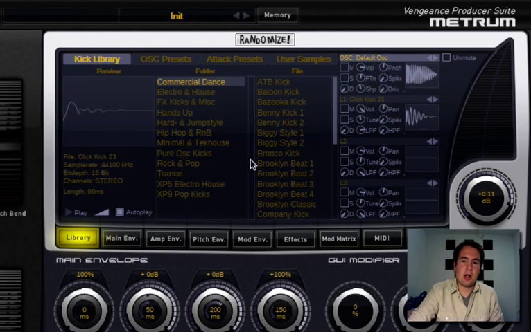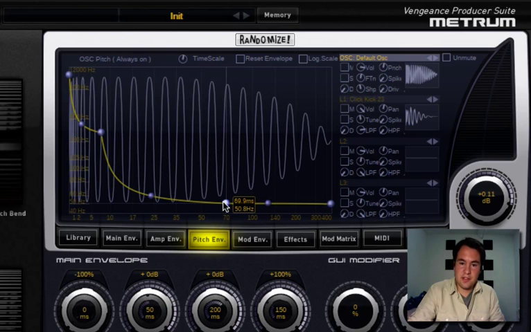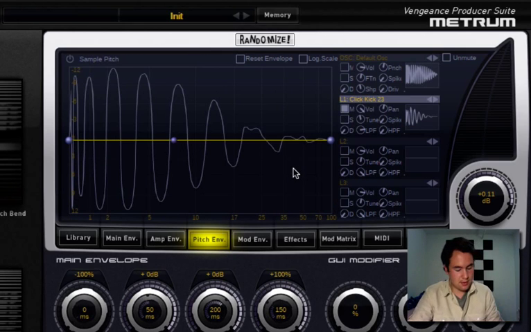Now the biggest part is the sine wave, right? This oscillator. So if we go to the pitch envelope, we can see our sine wave, right? And for those of you who don't know, the main component of the sine wave is just going to be this kind of sweeping motion downward in frequency. So we start at a high frequency, and this is the x-axis here is time, the y-axis would be frequency. So we start at a high frequency and then we go down pretty quickly, actually. So we're holding out, say, 50.8 hertz here, and it holds that frequency as long as I tell it to. And you mess around with this until you get something that sounds right, right? But if I just play this,